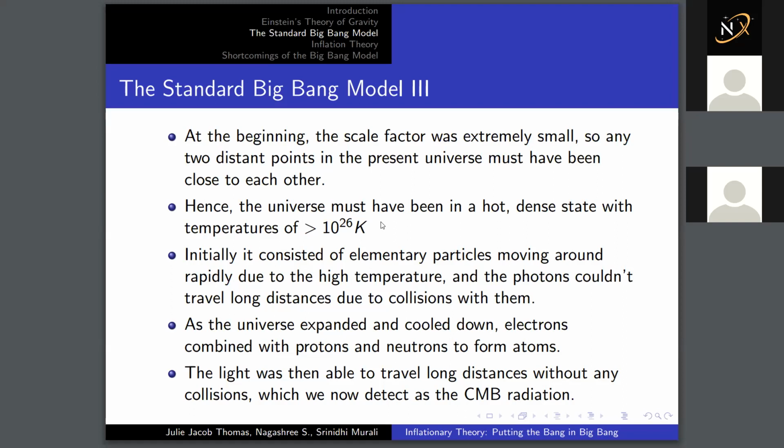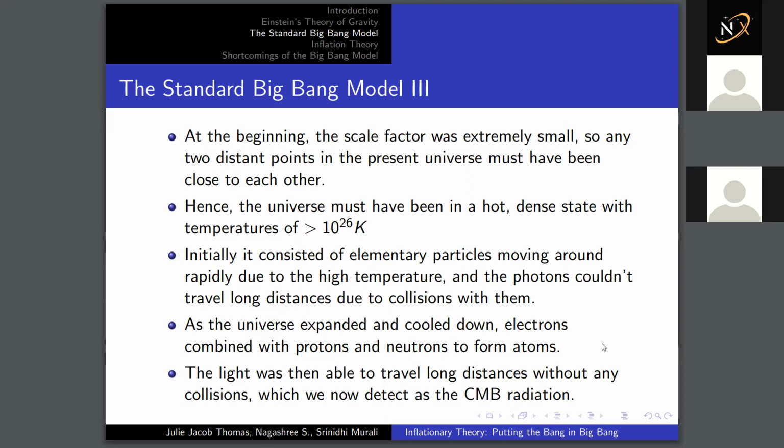Now, as the universe expanded, there was an increased volume in the universe, which allowed the light to actually travel long distances without interacting with any of the particles. Now, this light was detected. The same light that left the universe about 4 lakh years ago was detected somewhere in the early 1960s